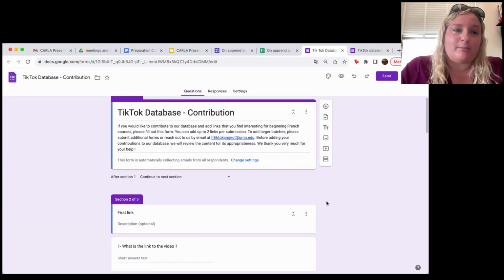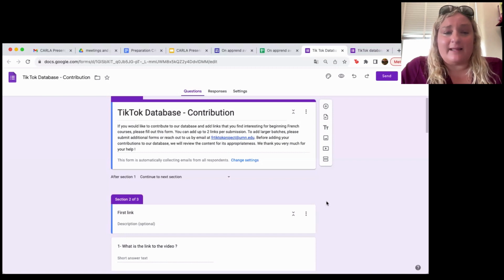It could be an Instagram reel. It could be something that actually is on TikTok. And it just asks you to give the title and then give the link and then to suggest some keywords so that we might position it in one of the categories we currently have or create a new one for it. This again is a sort of rolling thing.